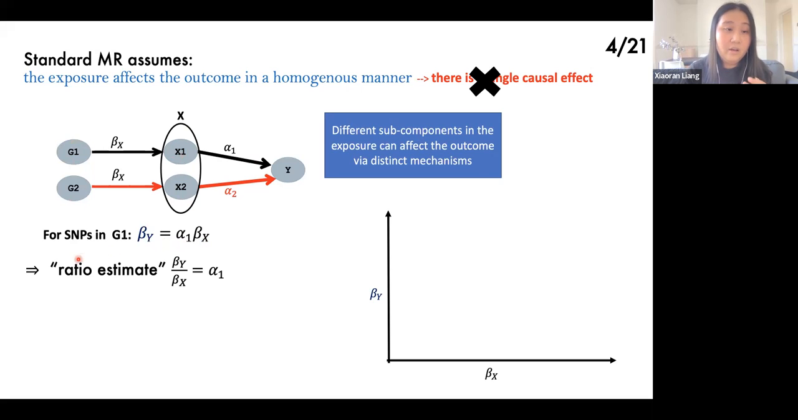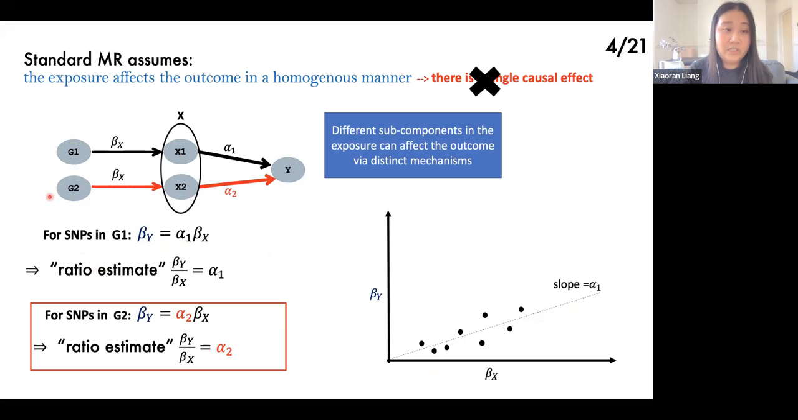So in this way, for all the ratio estimates for SNPs in G1, they will be centered around the value alpha 1. But for SNPs in G2, which is correlated with the second component X2, their ratio estimate would be centered around a different value from alpha 1, which is alpha 2. So we can say that if the single causal effect assumption is violated, we might observe multiple slopes in the